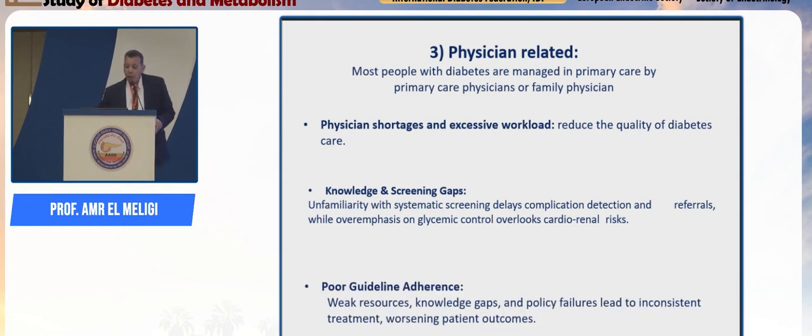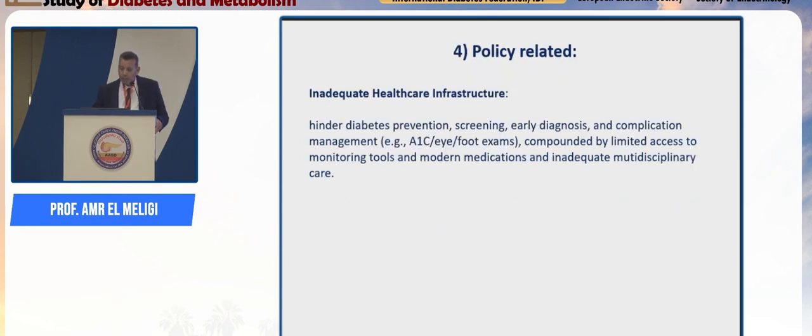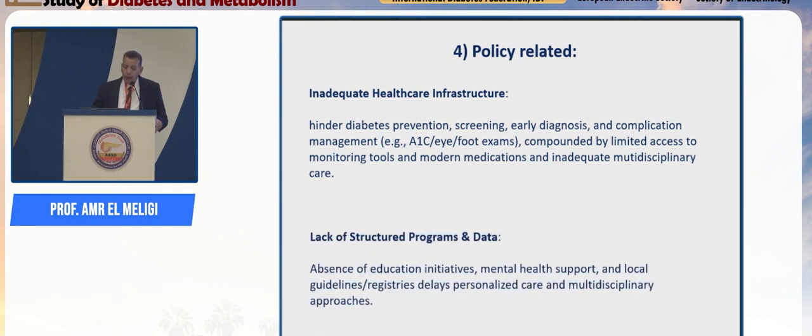Poor guideline adherence, due to weak resources, knowledge gaps, and policy failure, leads to inconsistent treatment and worsening of patient outcomes. Policy-related factors: inadequate health care infrastructure hinders diabetes prevention, screening, early diagnosis, and complication management, such as A1C, eye, and foot examination, compounded by limited access to monitoring tools and modern medications and inadequate multidisciplinary care. Lack of structured programs and data, absence of education initiatives, mental health support, and local guidelines and registries delays personalized care